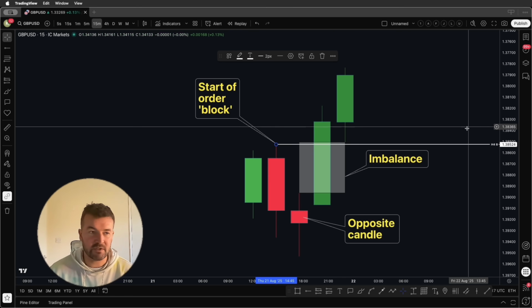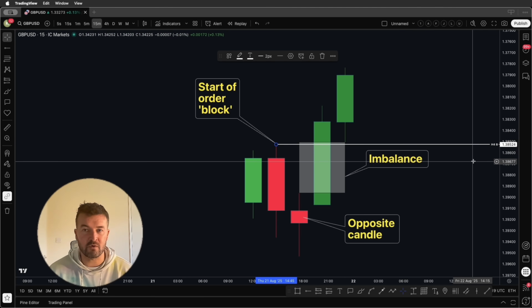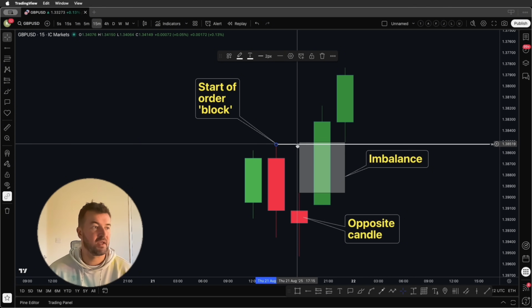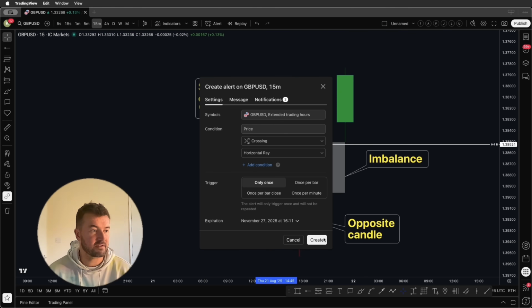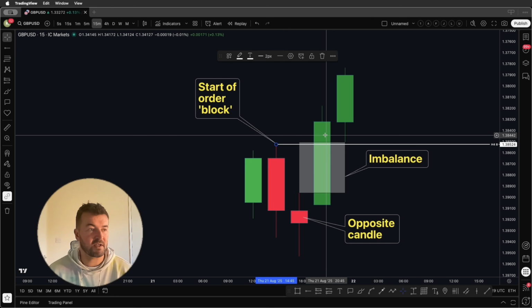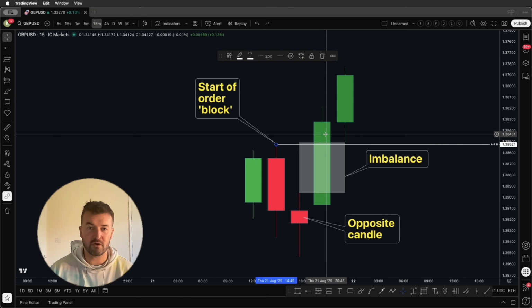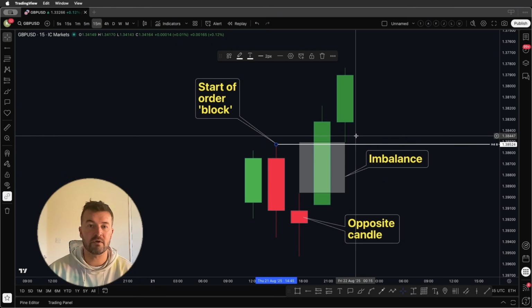So I'll have on here, for example, a preset for the H4 break of structure, and I'll have an alert set by doing this, pressing create, that when price passes up through here, I will get a ping on my phone, on my watch, on the computer screen, which will say we've had a break of structure. I can then look for an order block